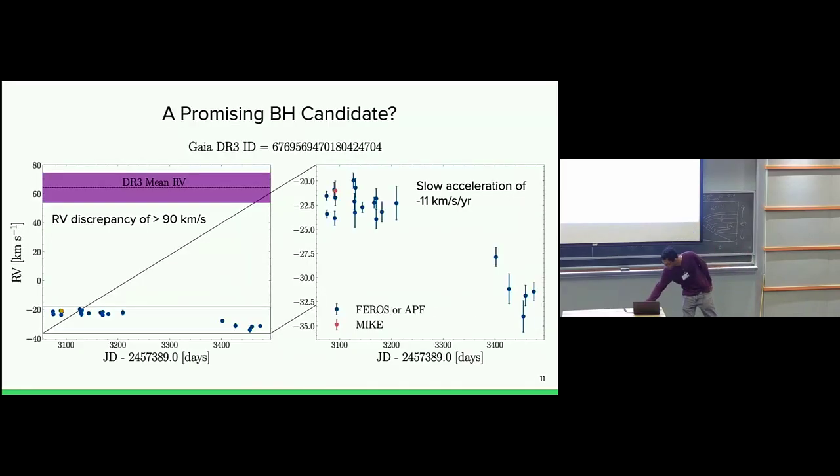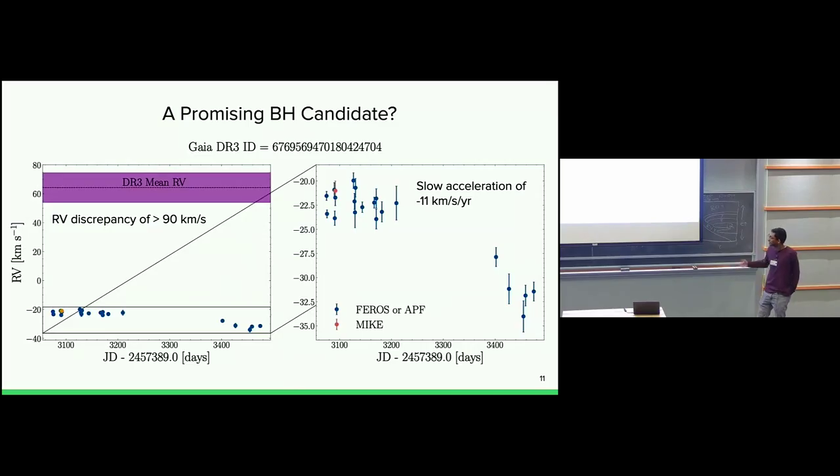Back to our promising black hole candidate. You see the discrepancy is really large, so we got a bunch of RVs of it over the time period in which we wrote this paper, and we see this slow acceleration of negative 11 kilometers per second per year. So how do we even explain this? Well, again, we don't have enough to solve the orbit just yet, but just to explain everything that we observe,